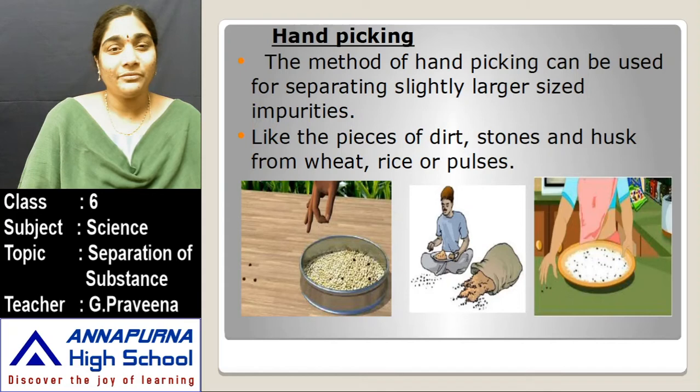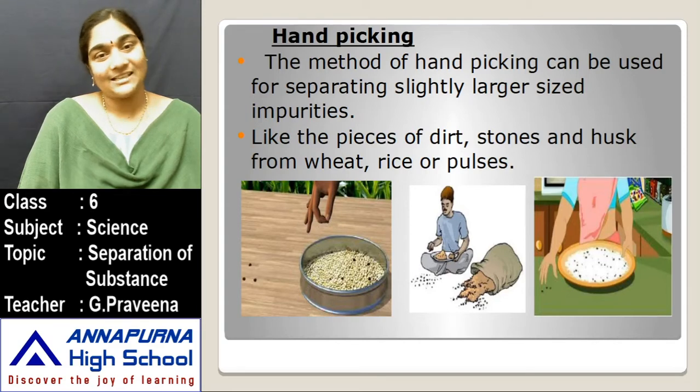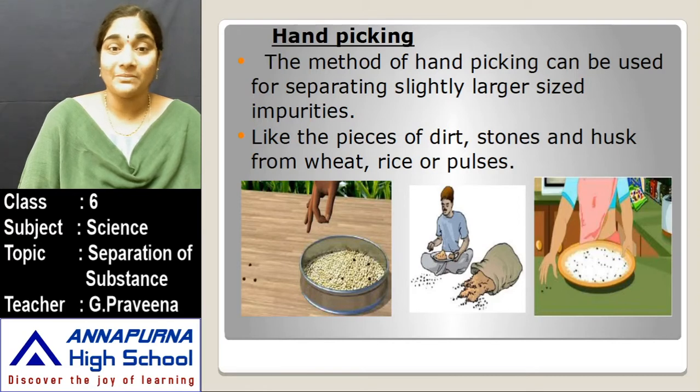This is a common sight at your home. You might have observed your mother while cooking food. Before that, she takes rice grains in a plate or on a pan and tries to separate the unwanted components from the mixture. That method is usually preferred when there is a lesser concentration of unwanted particles, so this method of hand picking is mostly opted for.